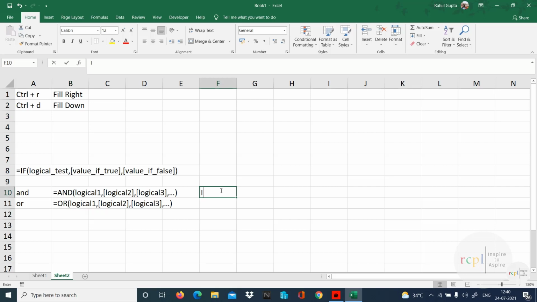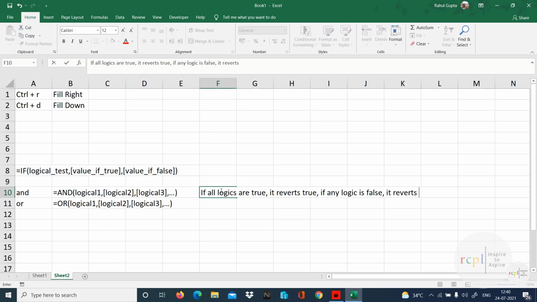So if all logics are true, it reverts true. If any logic is false, it reverts false.